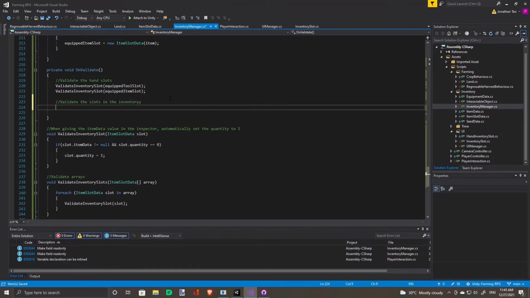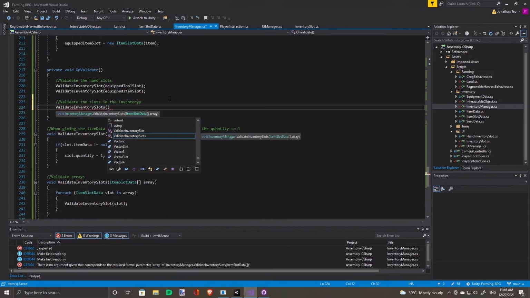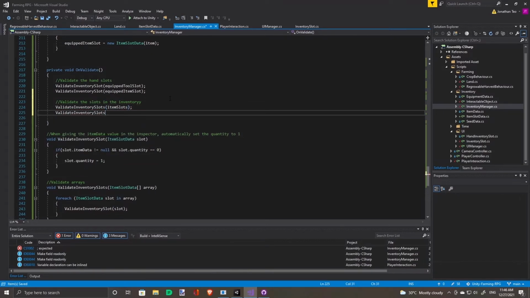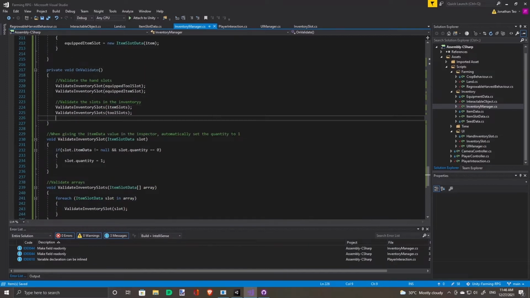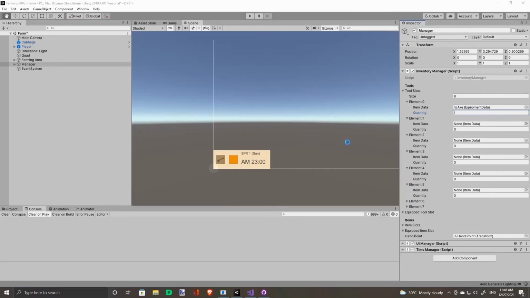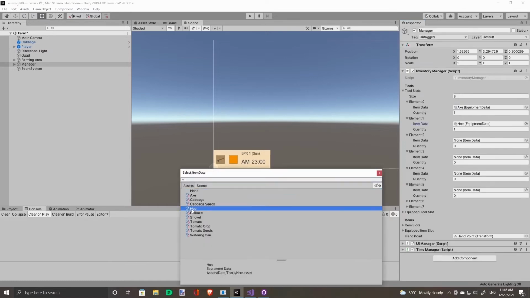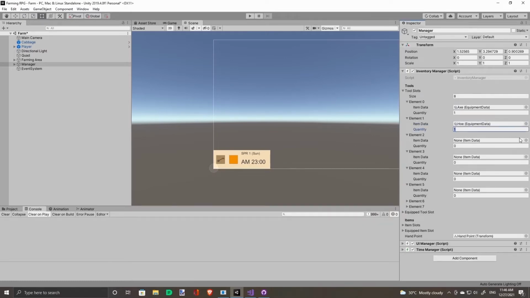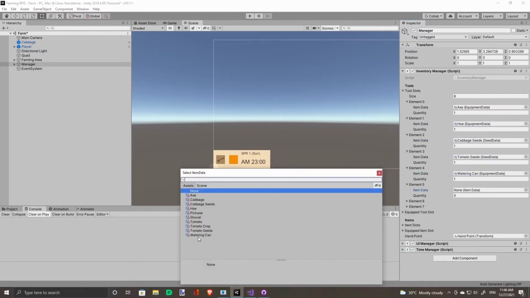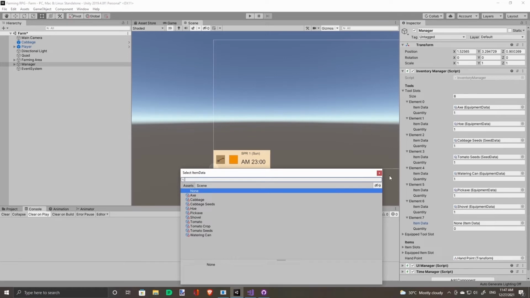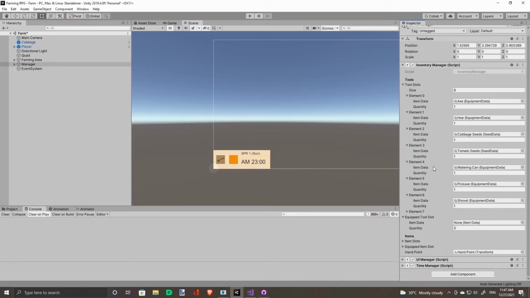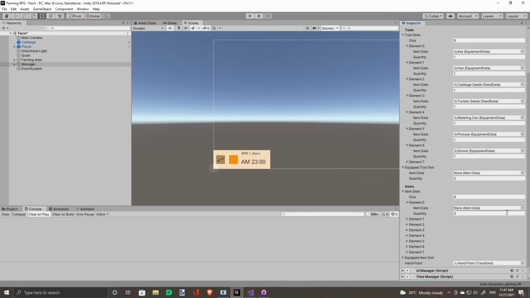Pass the item slots and tool slots array in the onValidate function. Okay. So now, when I give the player a hoe, it's gonna give it 1. It's gonna change automatically in the inspector. Now let's assign the rest of the tools to the player's inventory. Likewise for the item slots, give it a cabbage. It's gonna have 1.